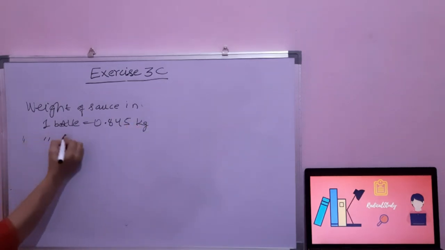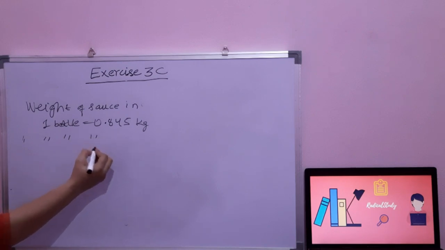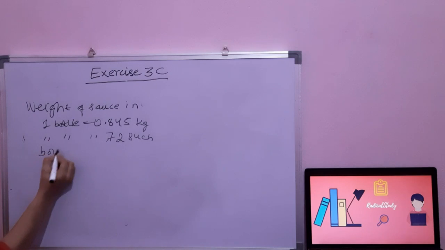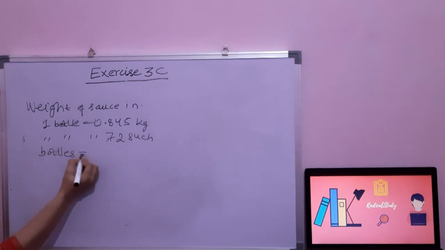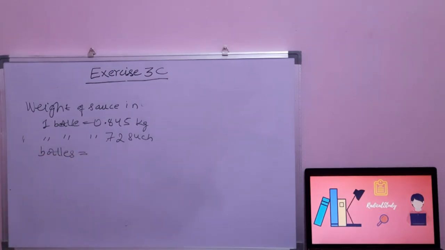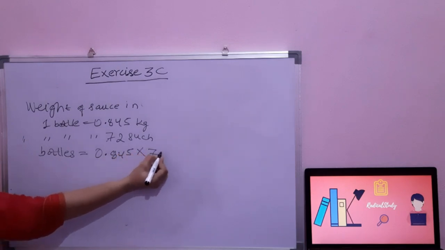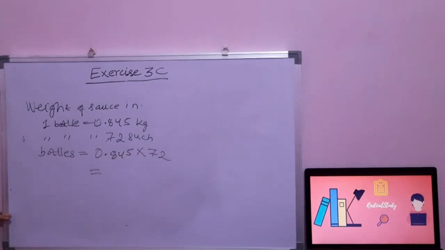Now weight of sauce in how many such bottles? 72 such bottles. आपसे एक बॉटल का बताया है और 72 बॉटल्स का पूछा है. You have asked for more. आपको एक का बता के ज्यादा का पूछा है. So what you have to do? 0.845 multiplied by 72. Now when I will be multiplying it, the answer will be,